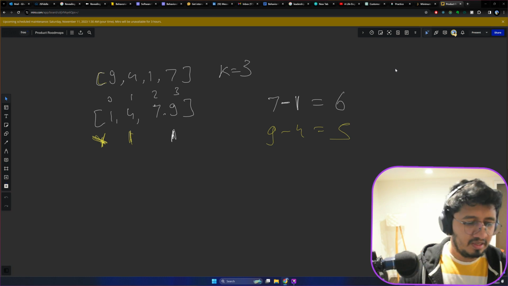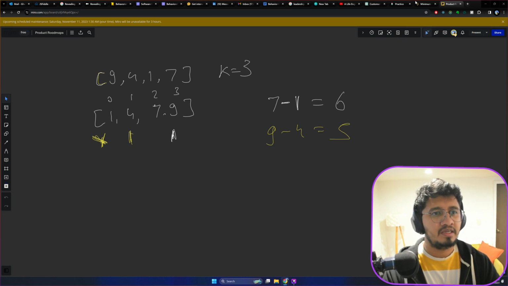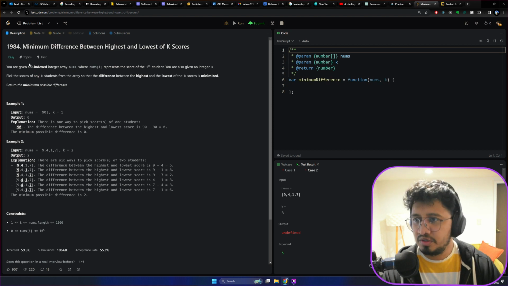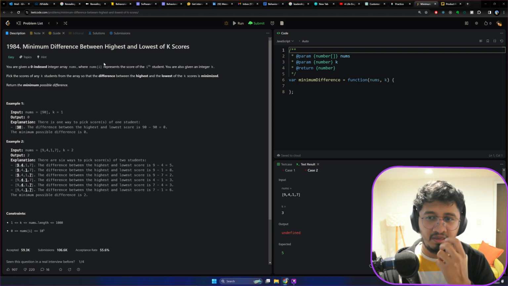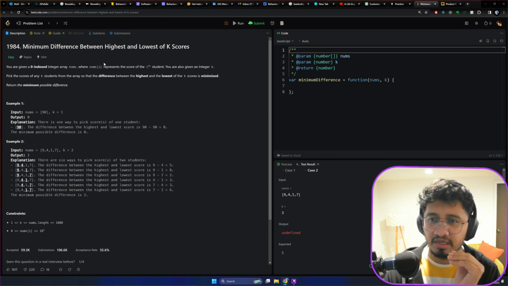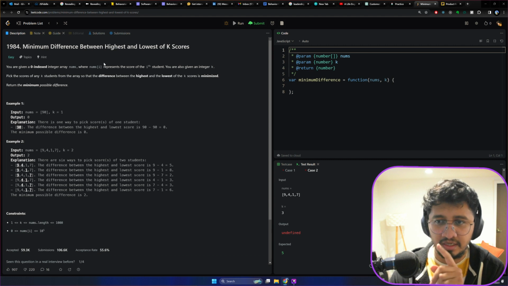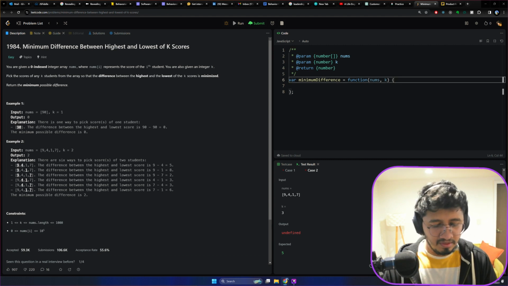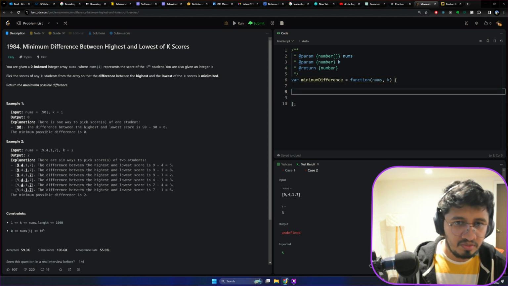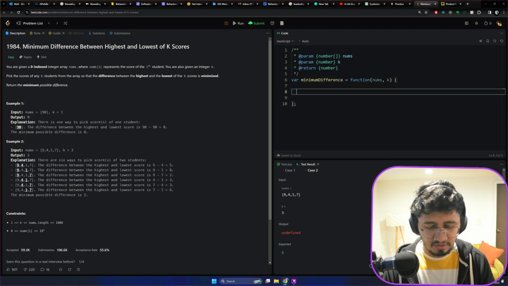But the question confused me, because you are given a 0th index integer array nums where nums of i represents the score of the ith student. You are also given an integer k. It doesn't really matter if it is the score of the ith student. I guess it was given to confuse us. But yeah, let's do this. We have to first sort this, right? nums.sort((a, b)